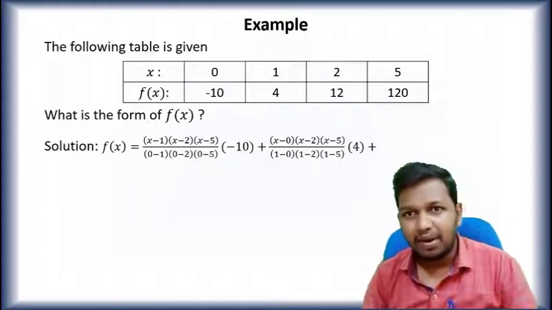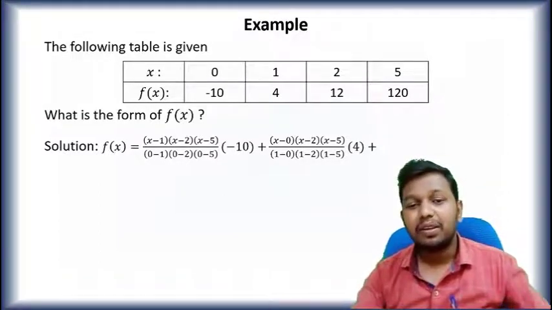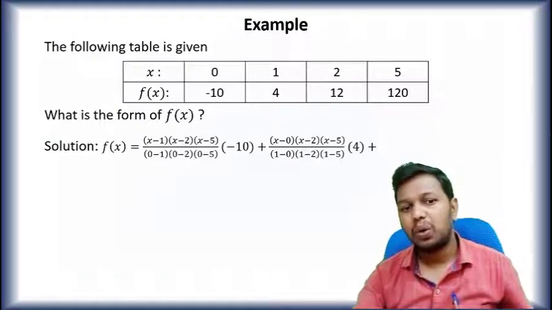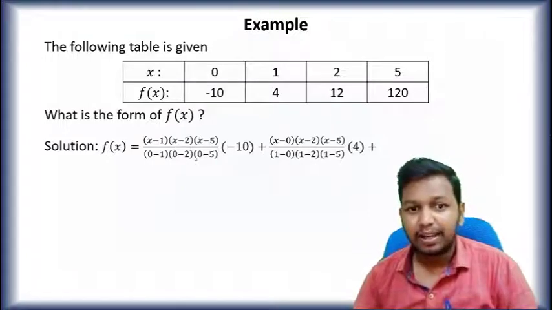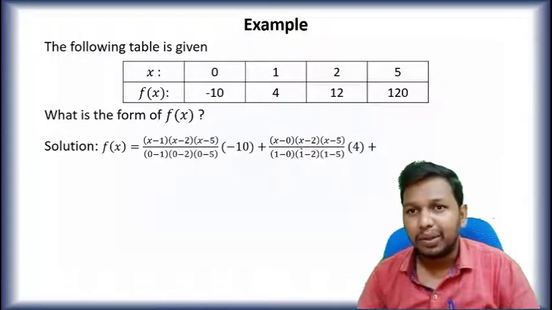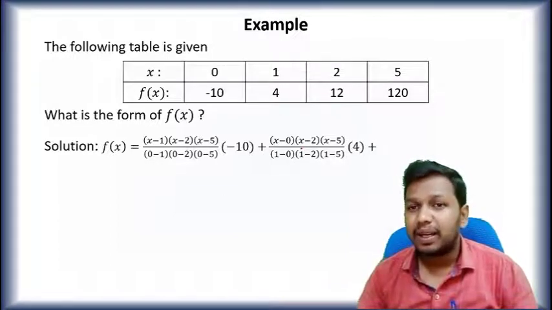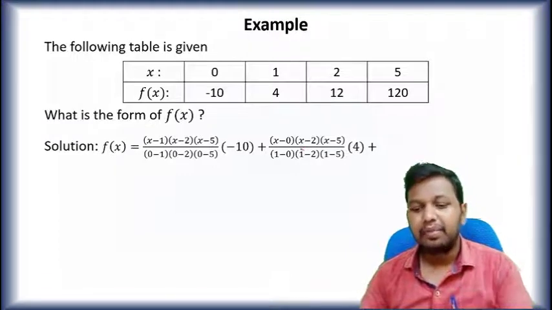We get f of x is equal to (x minus 1)(x minus 2)(x minus 5) all divided by (0 minus 1)(0 minus 2)(0 minus 5) into minus 10, plus (x minus 0)(x minus 2)(x minus 5) all divided by (1 minus 0)(1 minus 2)(1 minus 5) into the functional value f of x1, that is 4, plus